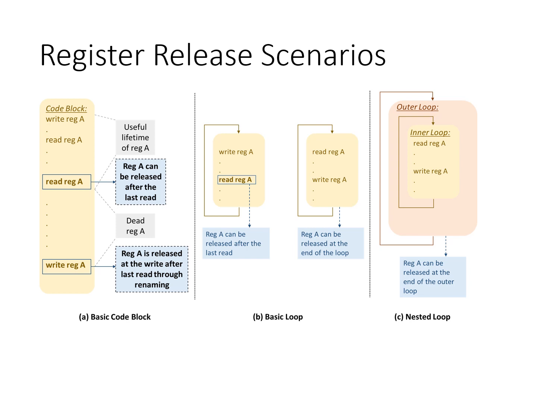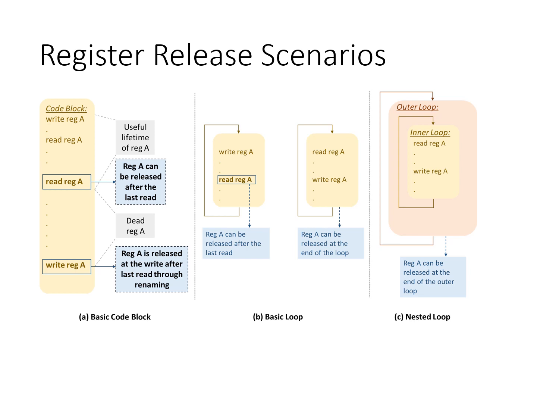In this project, we have considered three scenarios to decide when to release a register. The first scenario is a basic code block. Here, the reads and writes to a register A are shown. We can see that during the useful lifetime of register A, it is being read multiple times. And then there is a dead period of register A when it remains unused. Then a new value is written to that register. So ideally, the best point to release the register is after its last useful read. However, in our project, we wait until a new value is written to that register before we release it.